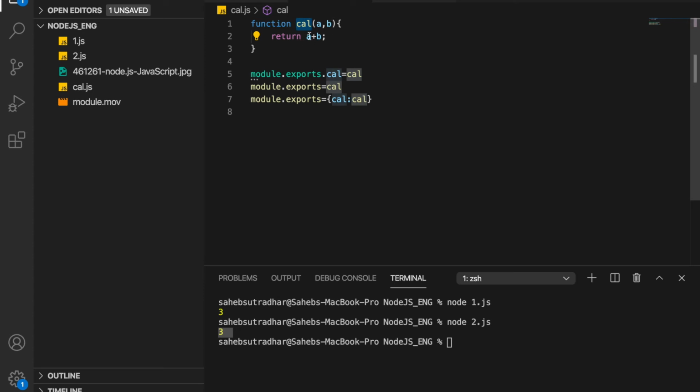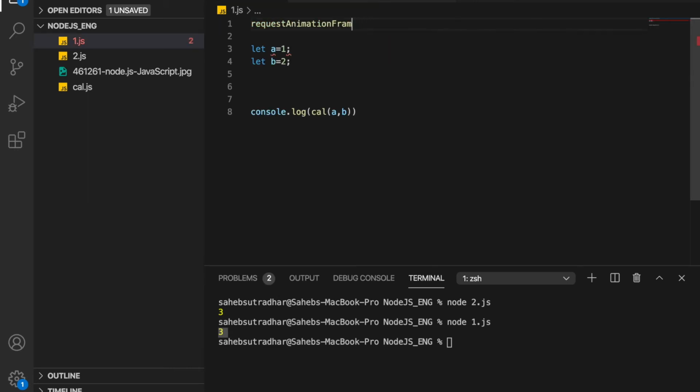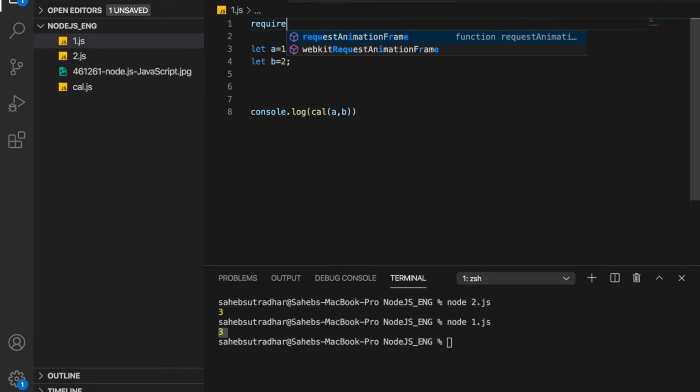And if you want to use this function in any of your files, you need to import this file. require is a function which is available in the global object of Node.js, and we need to pass a string as a parameter of this require.